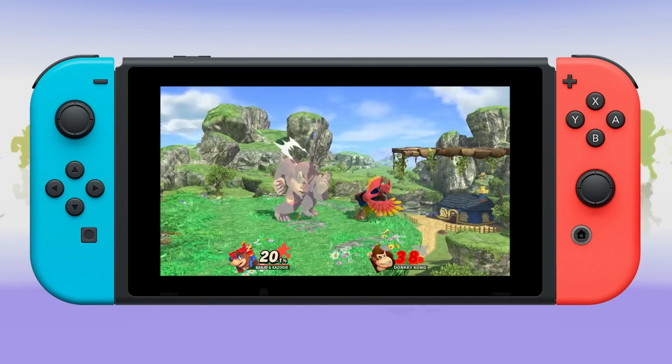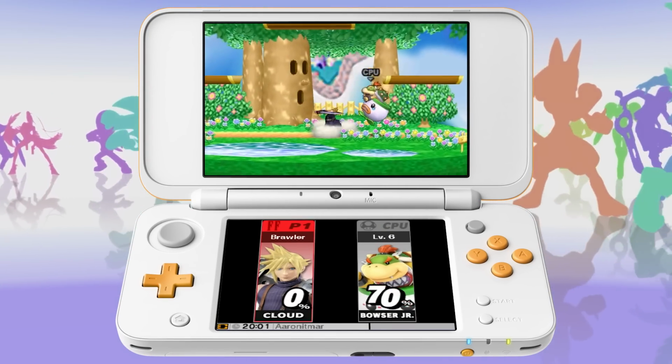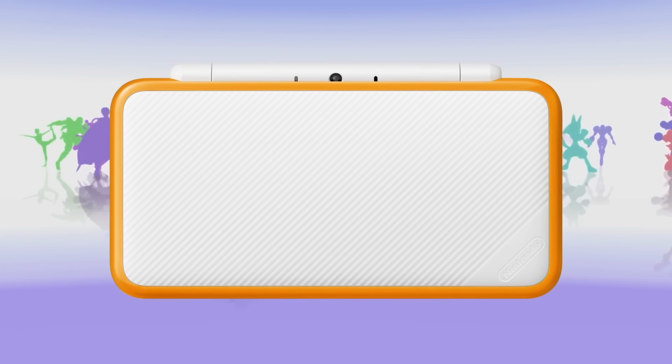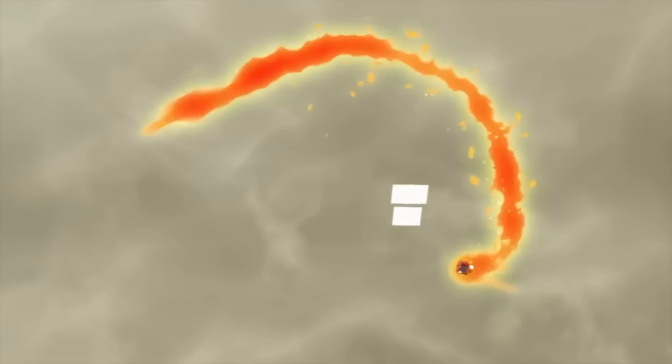Before there was this handheld Smash, there was this handheld Smash. Smash for 3DS has always been unique because it's the complete Smash Bros. experience jammed onto a console put in someone's back pocket filled with Cheeto dust. It's amazing to see how handheld gaming has evolved over the years, and Smash for 3DS plays a special role